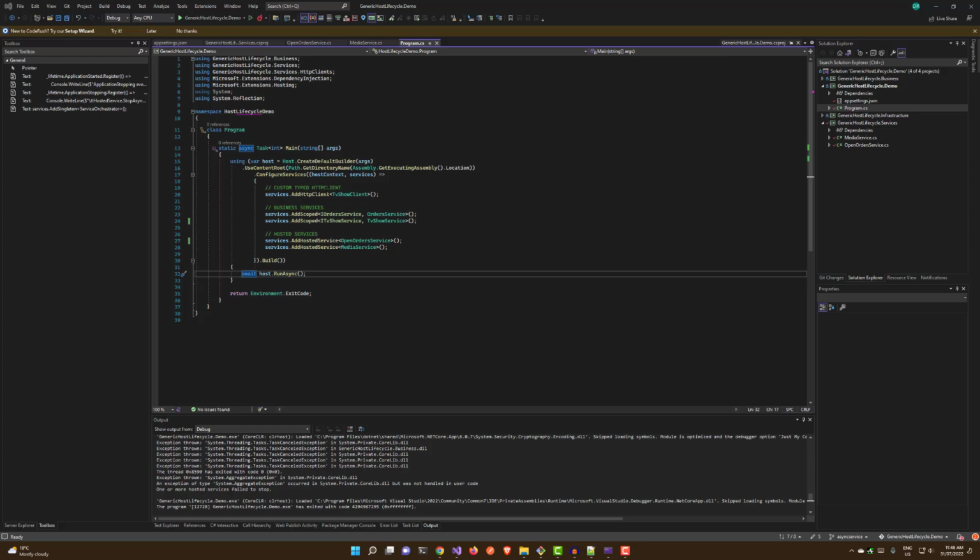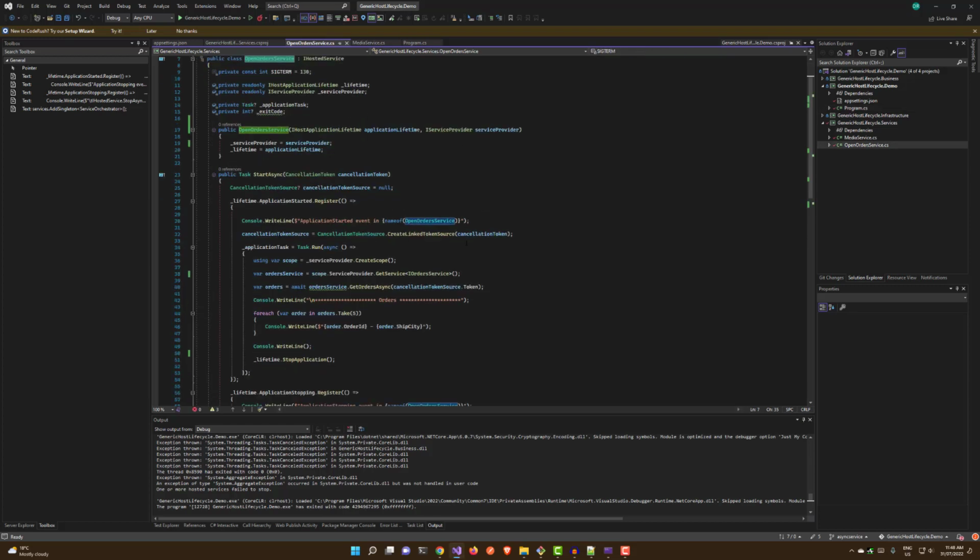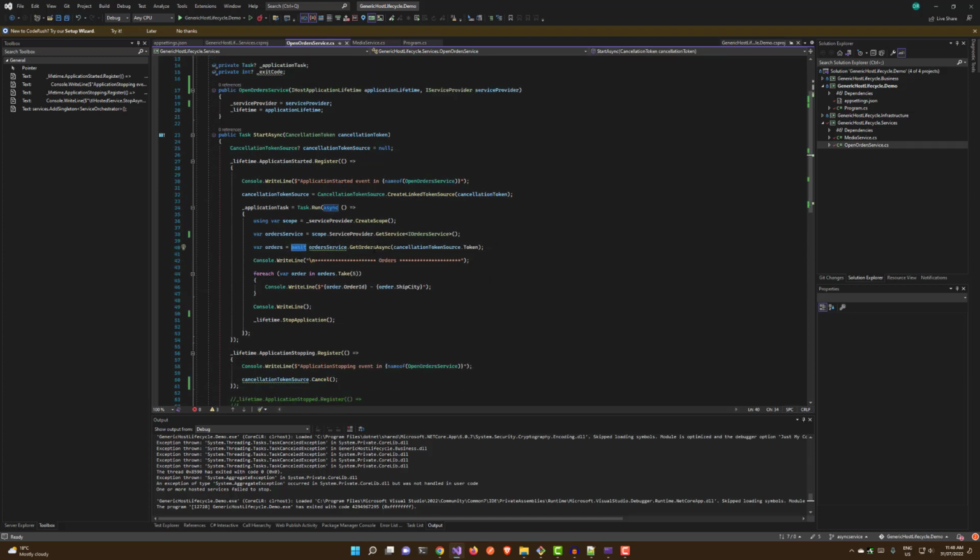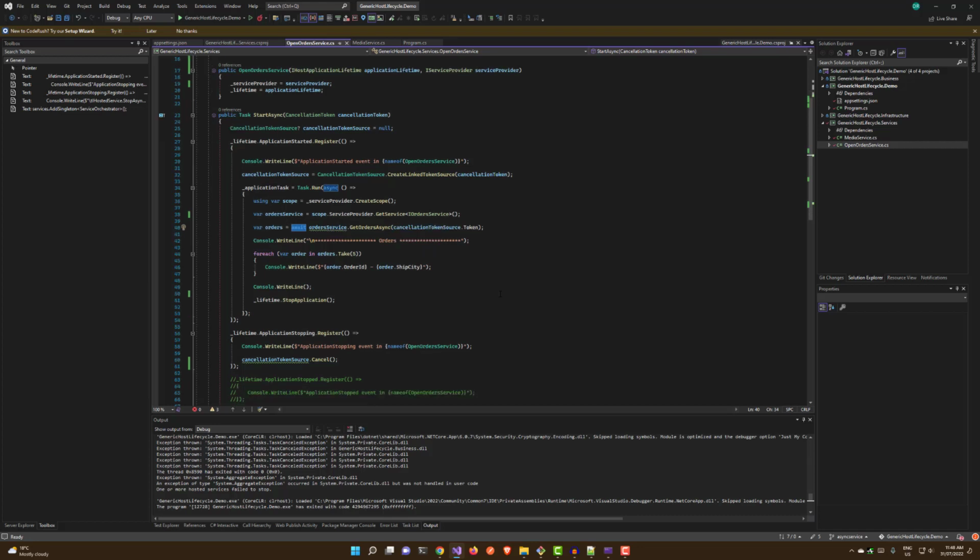We're now going to look at the situation where we add a second service. And so what I've done here is I've re-added the open orders service, which was the other service from the synchronous version of the code that we looked at earlier. And I've made that async. So we're now awaiting an async service that gets injected into there. It's much the same as the media service,